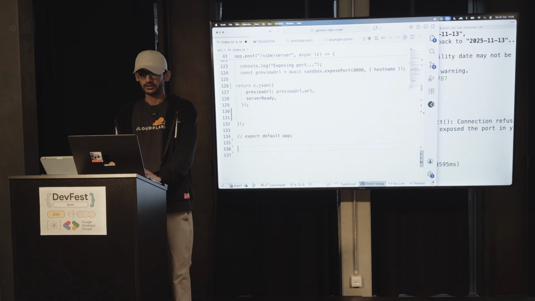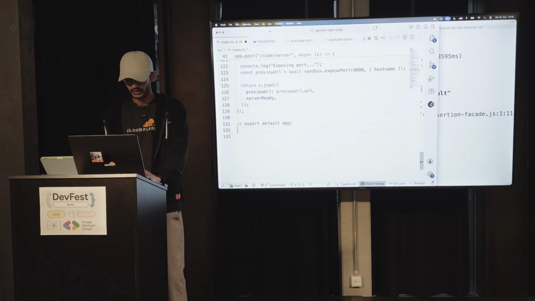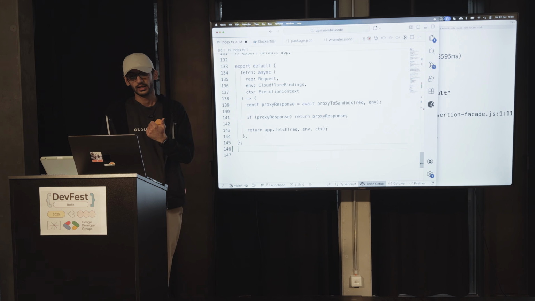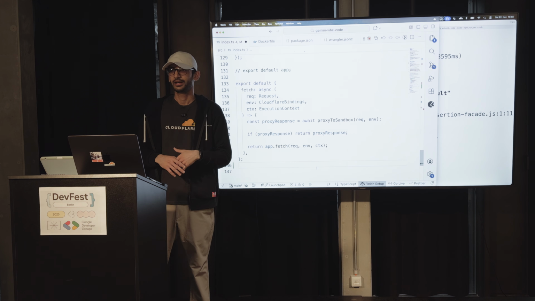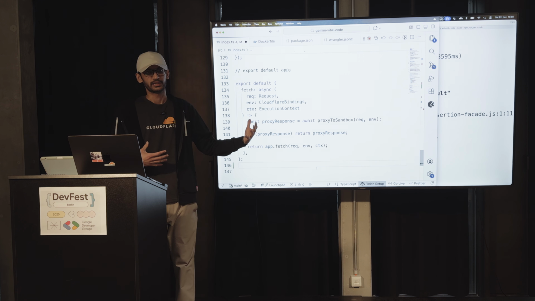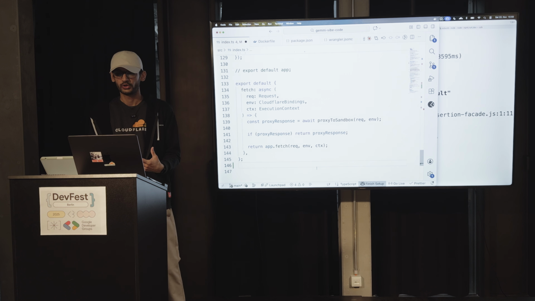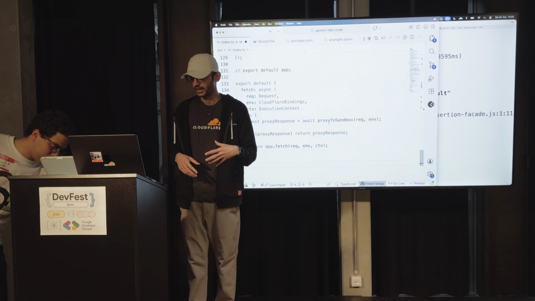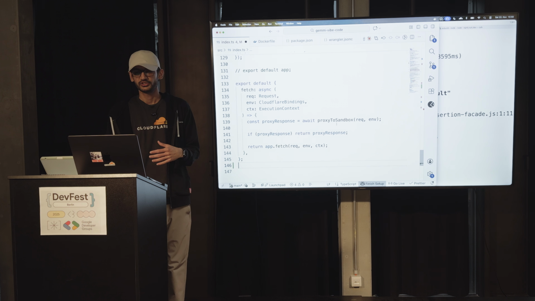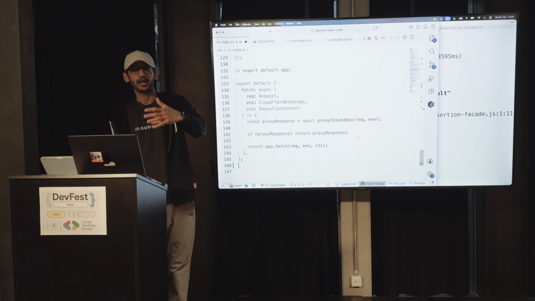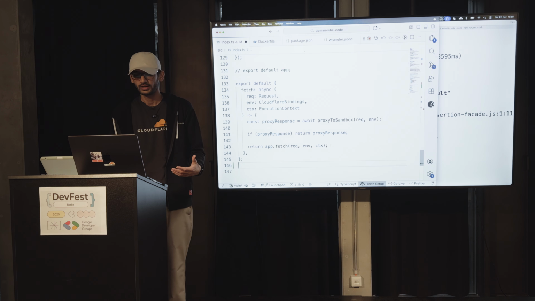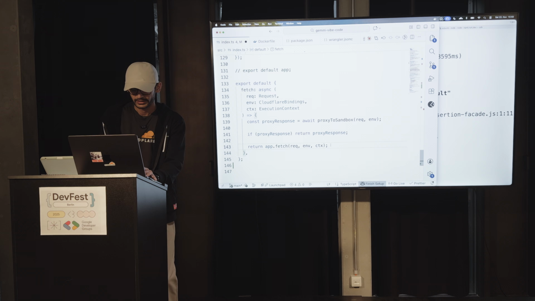Now, there is one utility function that I also need to add over here, which is basically to check if the request is being made to my sandbox or not. Because if I'm just trying to access it right now, it will just show me the actual application and it's not going to work. What I really want is, if this URL belongs to the sandbox, get me into the sandbox. So over here, we are checking if it belongs to the sandbox. If so, let's run that and let the user view the application running in the sandbox. If not, let's just return the original application that we have over here. So things look good to me.